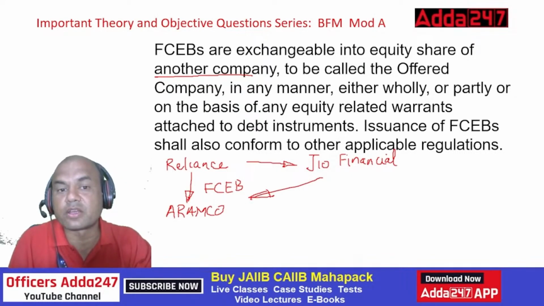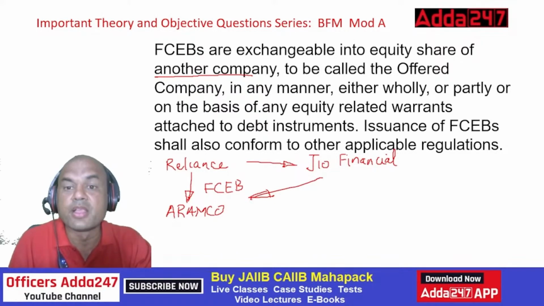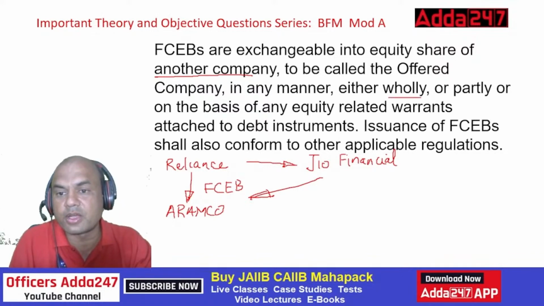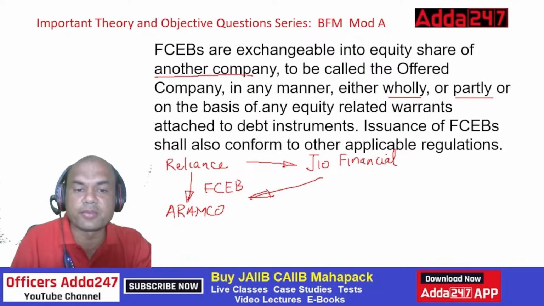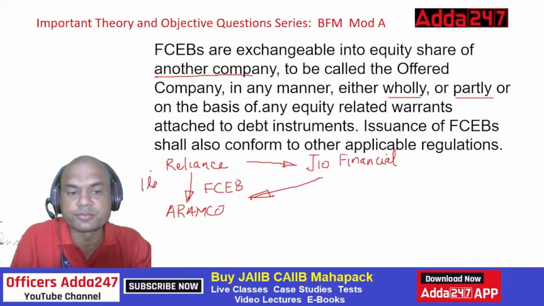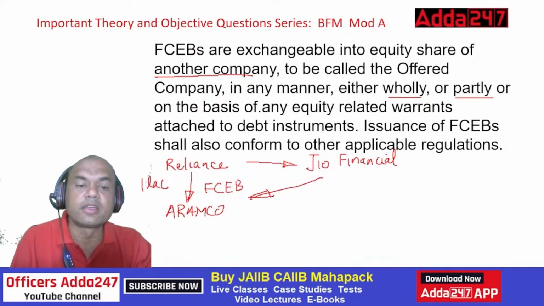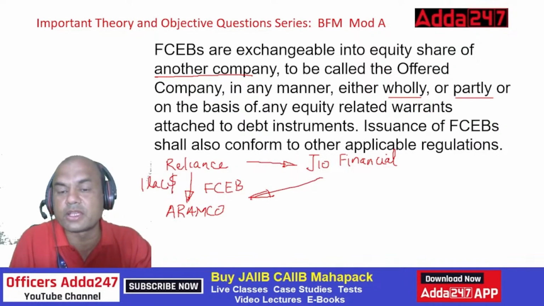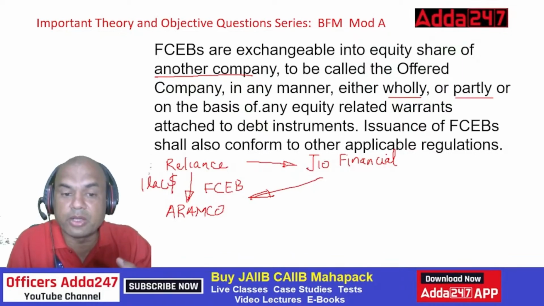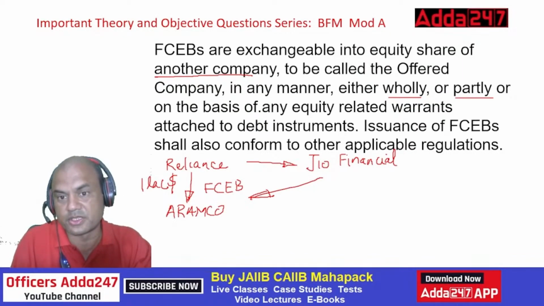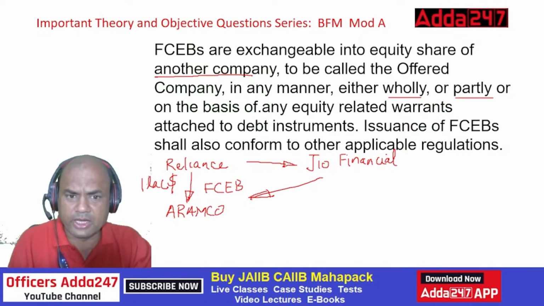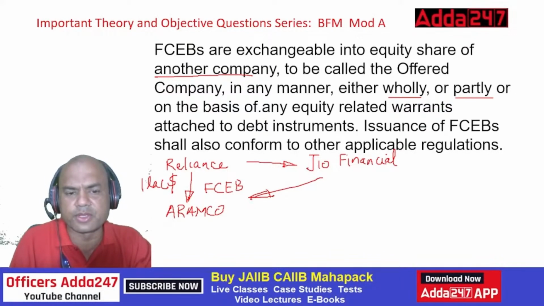Exchangeable into equity share of another company, to be called an offered company, in any manner, either wholly or partly, or on the basis of equity warrants attached. So wholly or partly means what? It can say that if this FCEB is for a complete $1 lakh, Reliance can say that the complete $1 lakh of Jio Financial shares will be given by me to you in exchange of these bonds. This is wholly. Or partly it will say, okay, partly what we can do is out of this 1 lakh,